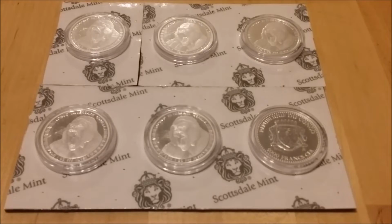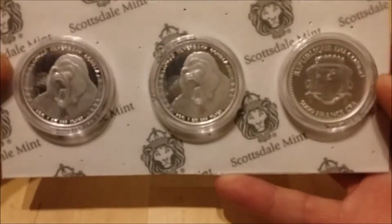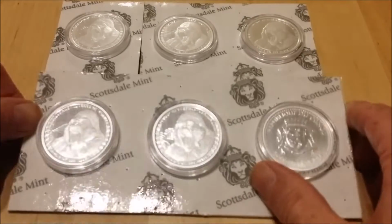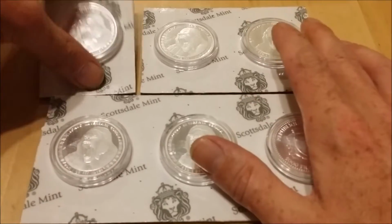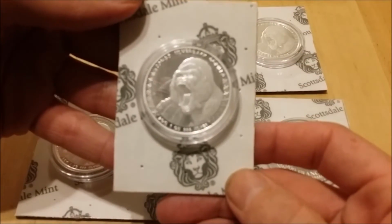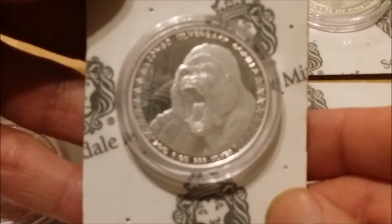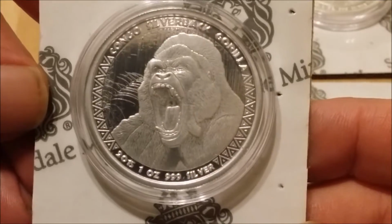YouTube. So I recently put out a video about a good price on the Congo 2015 elephant, and I picked up 5, and obviously I had one which I picked up earlier in the year. See if we can get the zoom in. And the new coin is coming out soon,